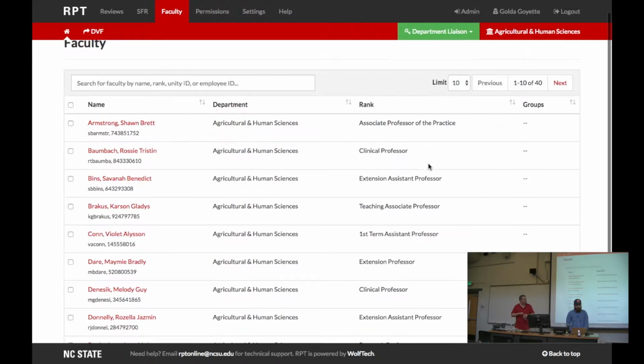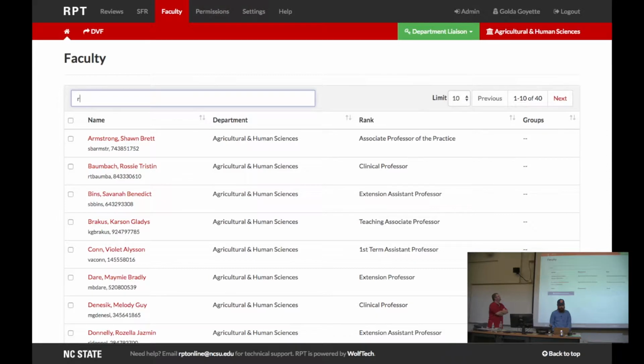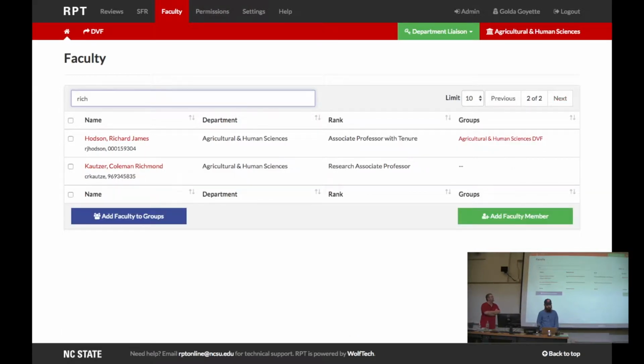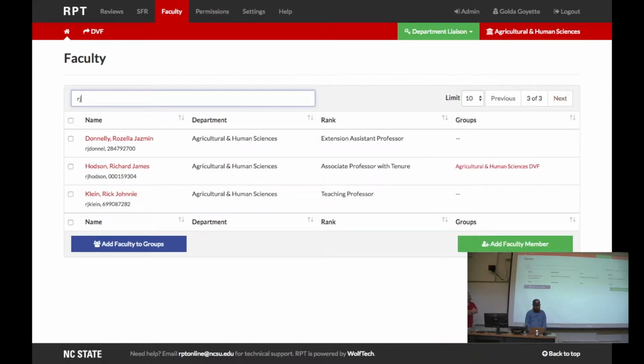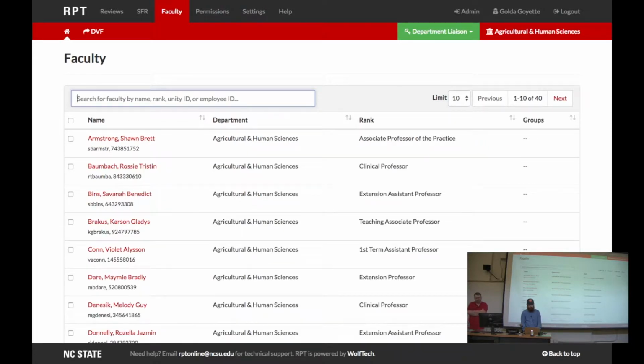You'll also notice that this table is completely searchable now. So if you need to find a faculty member really quickly, like the one I just added, you can type that into here. You can type in their Unity ID or their employee ID. If you are a college liaison, you can also type in the department in here. For here, that wouldn't really matter. You can also type in the rank,